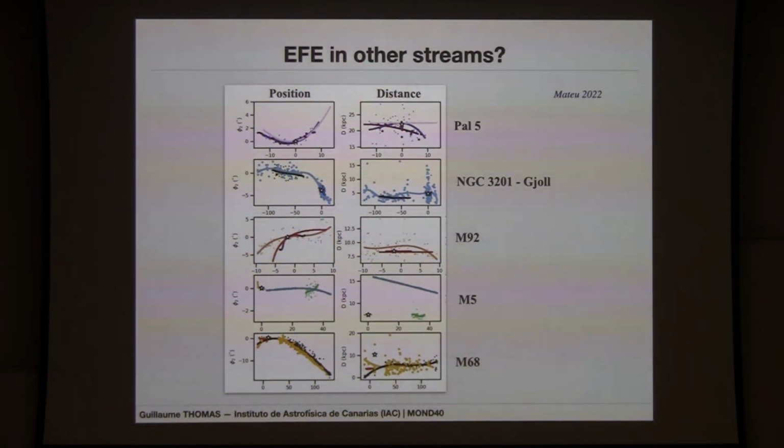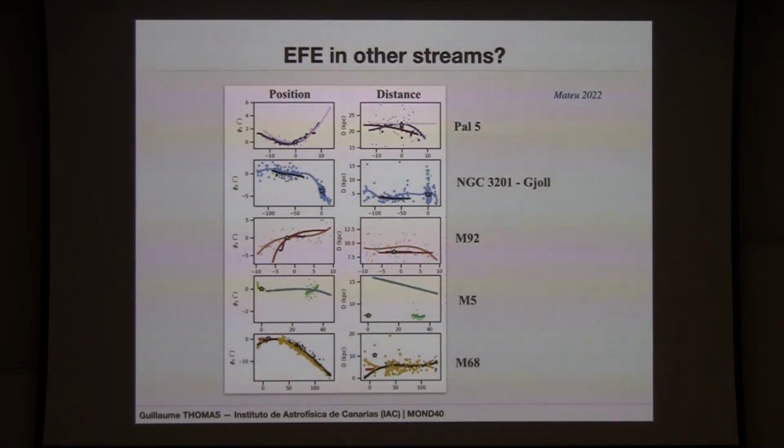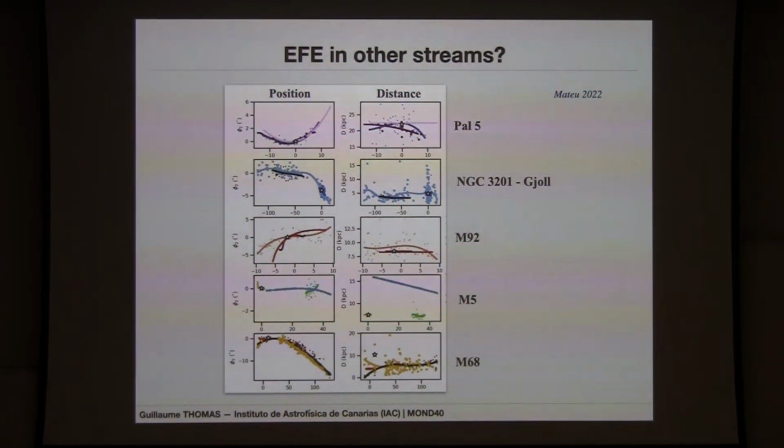And it's normal, because it's really hard to know where is the end of the streams, where is the beginning of the streams. So not only do you have to get the progenitor to be able to get the length of the leading or the trailing arm, but also you have to know where the stellar stream finishes. And you can see that for all of the others, it's impossible to see where one is starting and where another one is beginning, because we are still debating on that, and it's just a recent discovery.